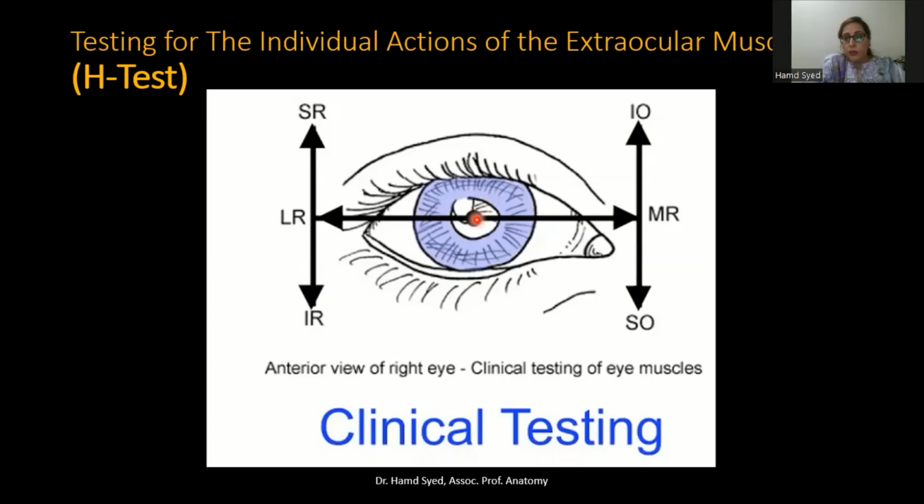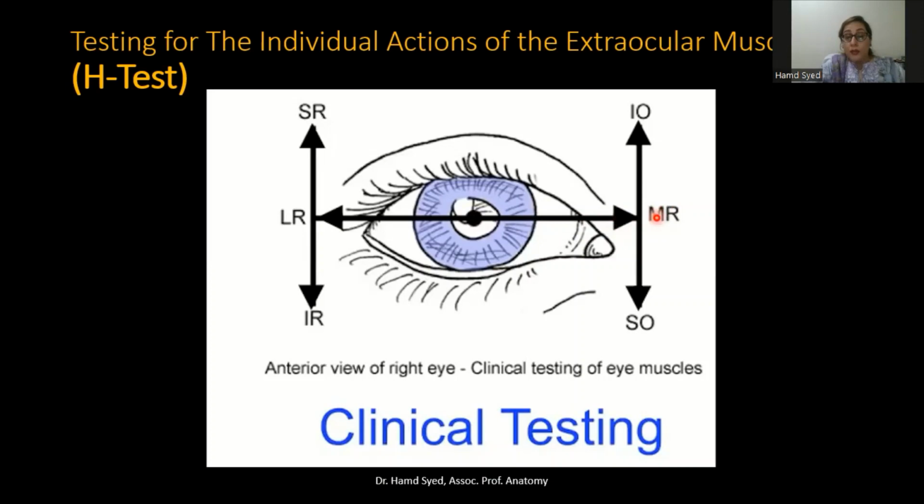The person whose extraocular muscles are being tested, in this case, it's the anterior view of the right eye. The clinician or the doctor uses his finger, or he can use a pen and asks the patient to move his eyeball inwards or look in the medial direction. In that case, the movement of the eyeball would be confirming the integrity of the medial rectus muscle, because we know adduction is the movement of the pupil in a medial direction, and this is mainly performed by the medial rectus